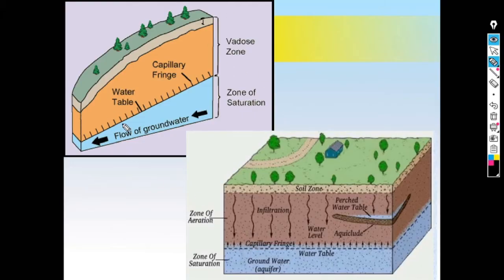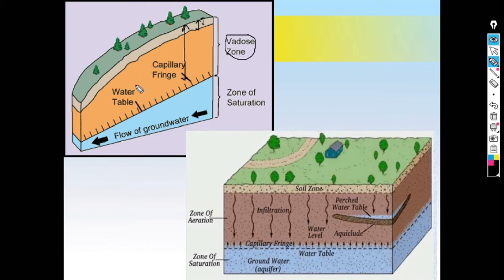In this 3D diagram we can very well see this area is having a certain slope in this direction, from here to over here, okay, and there will be some surface water in the form of streams or lake, and this area is representing your soil zone, and this together is your unsaturated zone, that is also called as your Vadose zone, right?